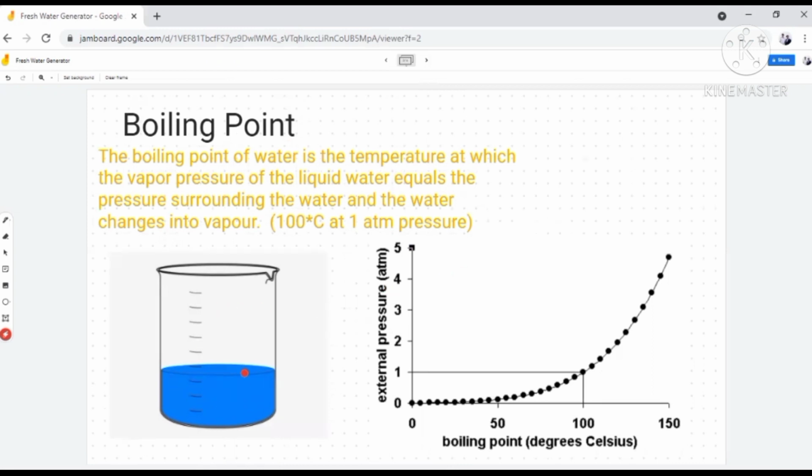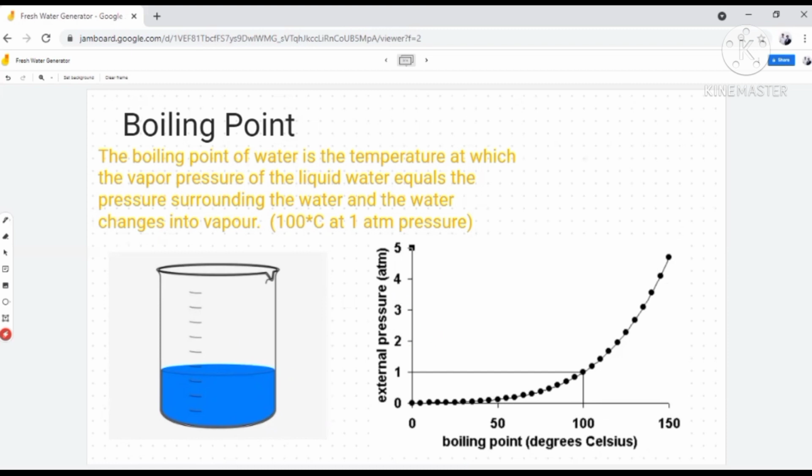So let's consider this system. In this system, you can see the atmospheric pressure acting on the surface of the water. You can say that the atmospheric pressure acting above the surface of the water is keeping the whole water block intact. And if you start to reduce the atmospheric pressure, there will be a point at which, by applying a very little amount of heat or energy, the water molecules will be able to come out of the surface of the water as water vapors. That's when we call the water boiling at a much lower atmospheric pressure.